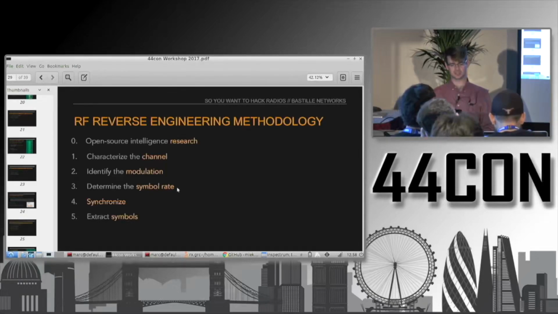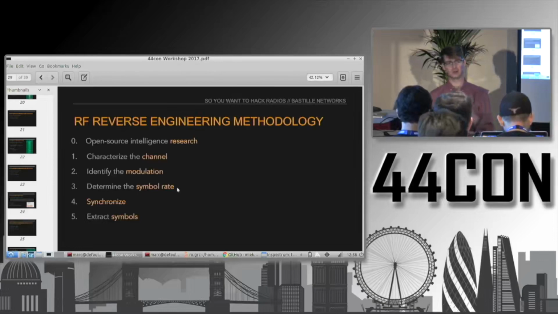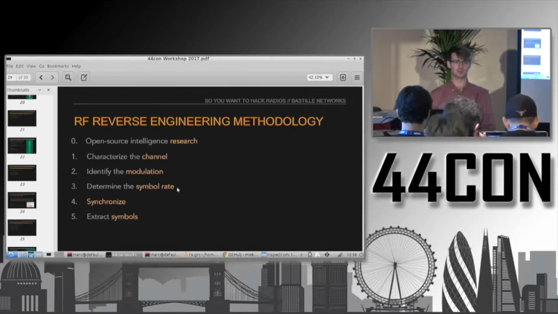The reason is that once you've determined parameters 1 through 3, it's pretty easy to implement that with a boilerplate GNU Radio flow graph, and that will do a lot of the hard math for you. And then in steps 4 and 5, which are the more protocol-specific and radio-specific features, you can iterate very quickly on working through them. I think Python and Bash and tools like that are a little more comfortable for doing this more iterative work. So with that, I'm going to recommend that we work together through creating a flow graph to do this